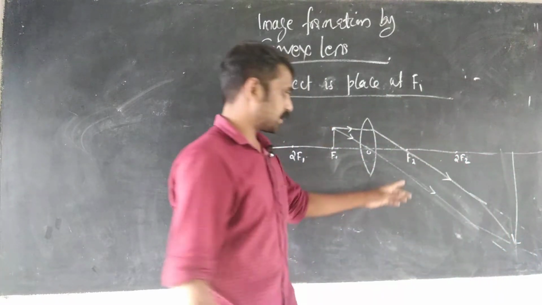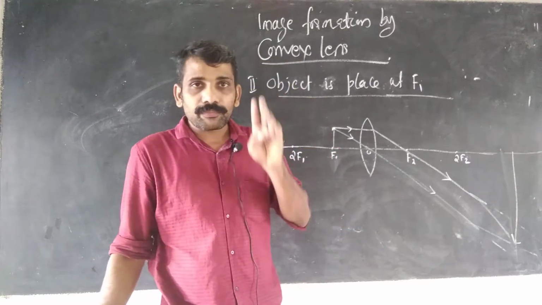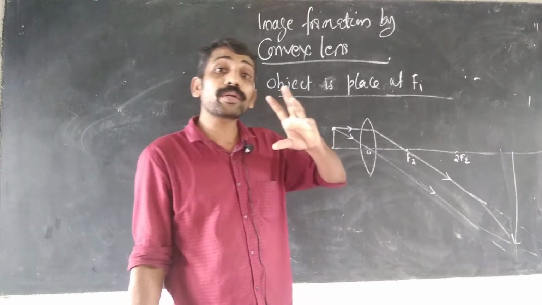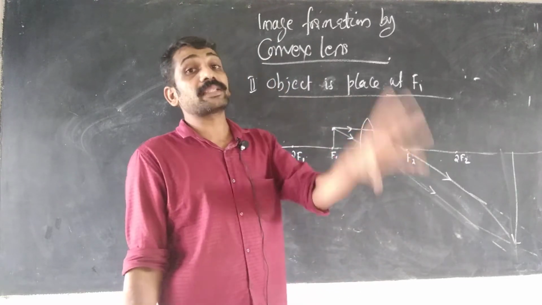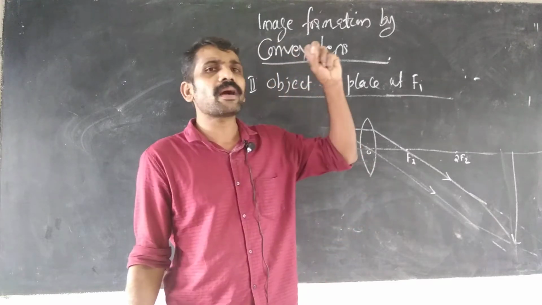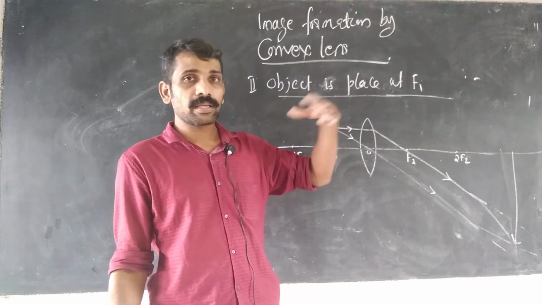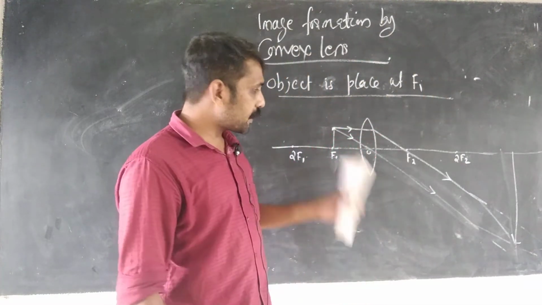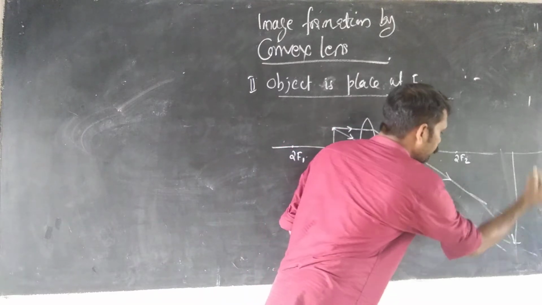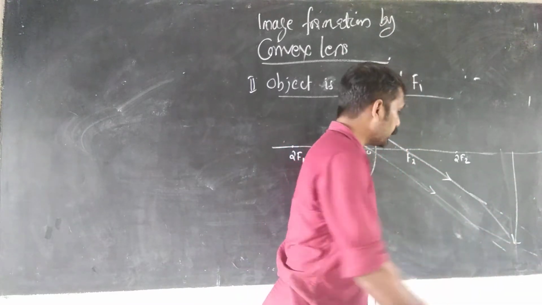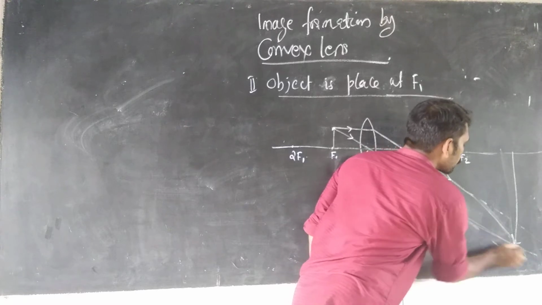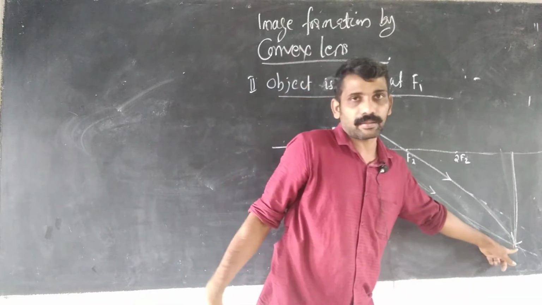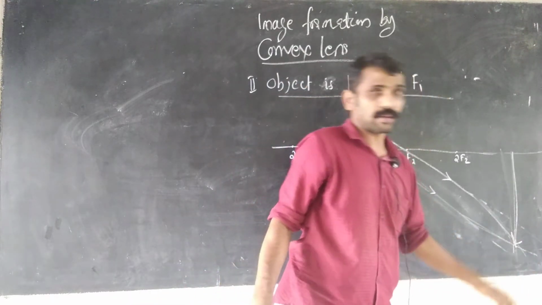Suppose these two rays. Generally, two rays which are passing parallel will not intersect. They will intersect at infinity. Infinity means at a very large distance. At a very large distance they will intersect. If they intersect, what will happen? Suppose this point is infinity. So they will intersect at infinity. So what will be the size of the image? The size of the image will be highly enlarged. Understand? Highly enlarged.